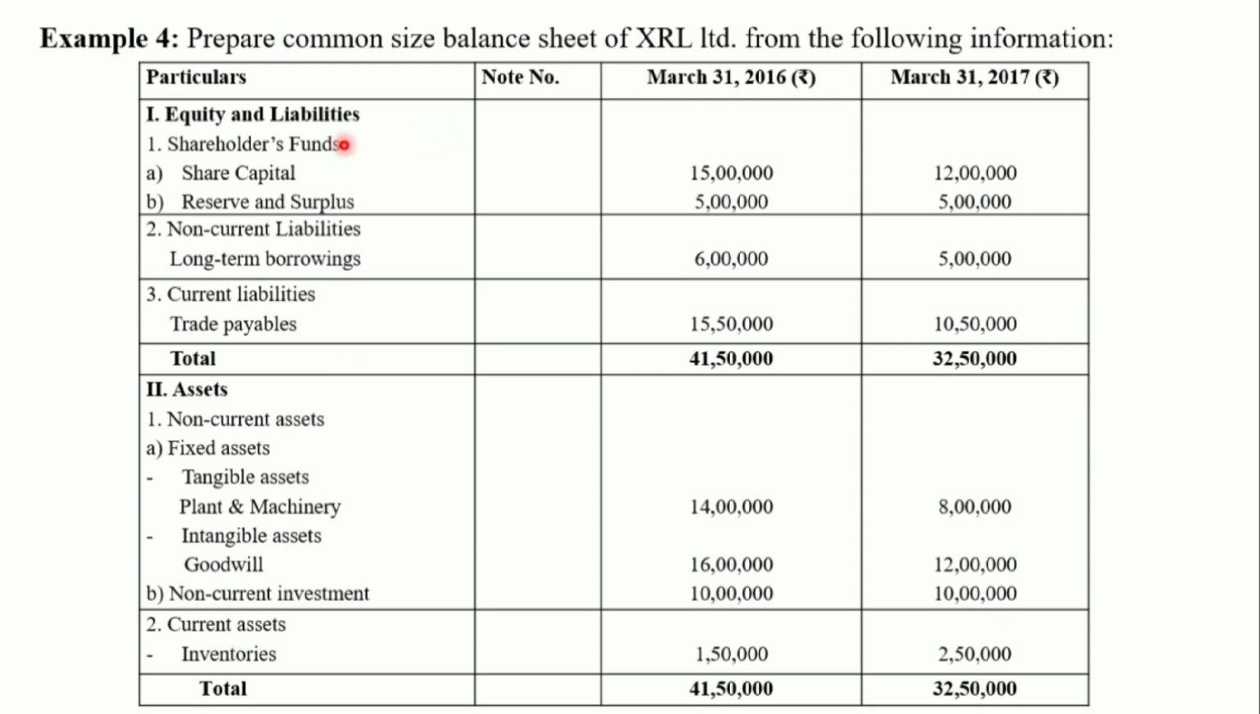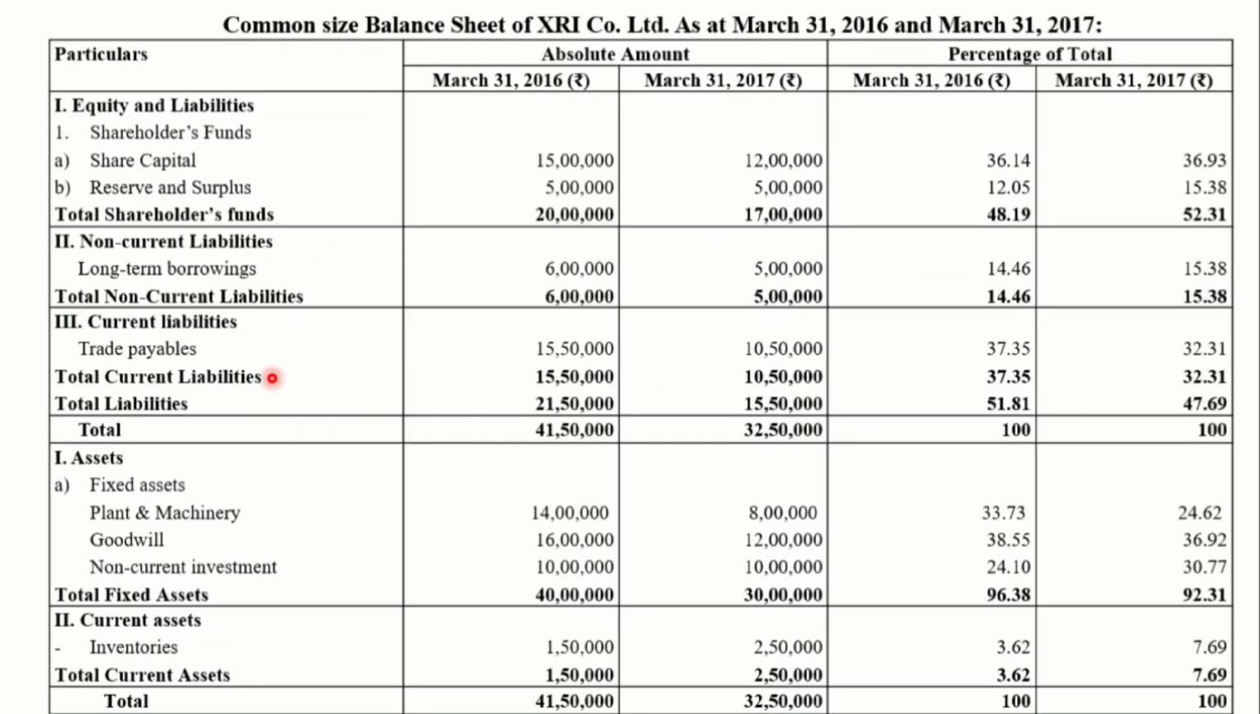This is all equity and liability and assets for the 2 years, that is 2016 and 2017. From this information we have to prepare the common size balance sheet. This is the solution of the common size balance sheet of XRL Cooperative Limited as at March 31st, 2016 and March 31st, 2017. First of all, we have to write down all the particulars items in the first column, that is